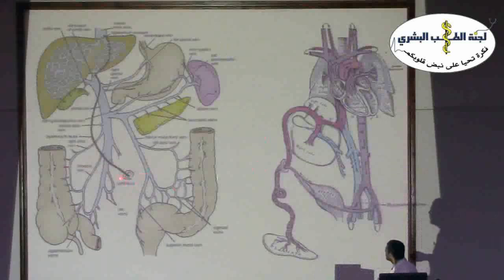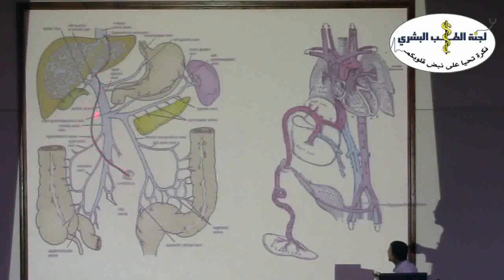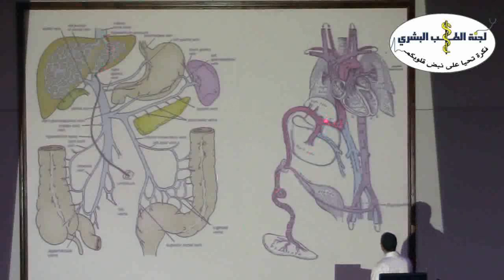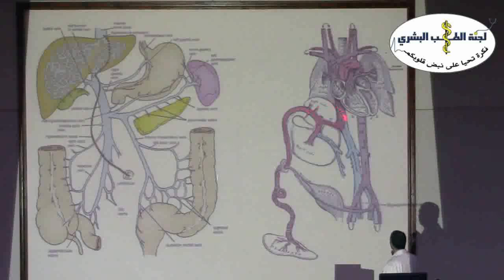The first one, from the umbilicus to the left branch of the portal vein, we name ligamentum teres, and it's the remnant of the umbilical vein. And the other one, from the portal vein to the IVC, is called ligamentum venosum, and it is the remnant of the ductus venosus, which is the shunt between the portal vein and